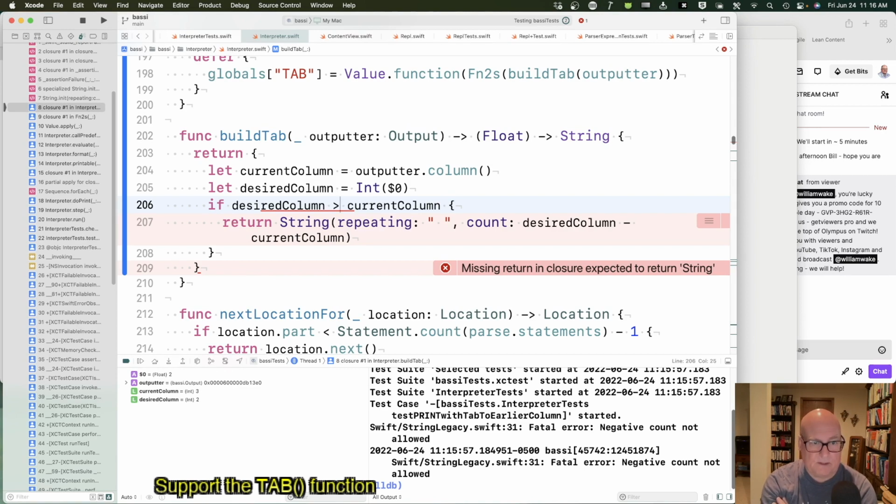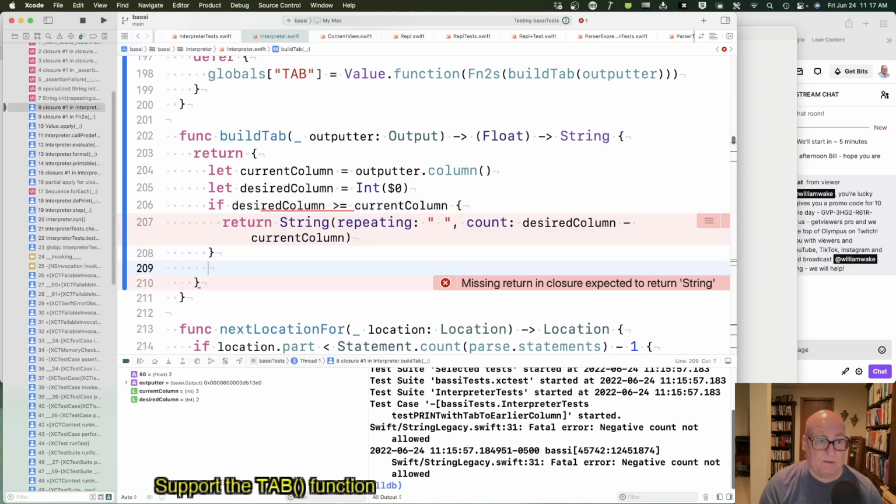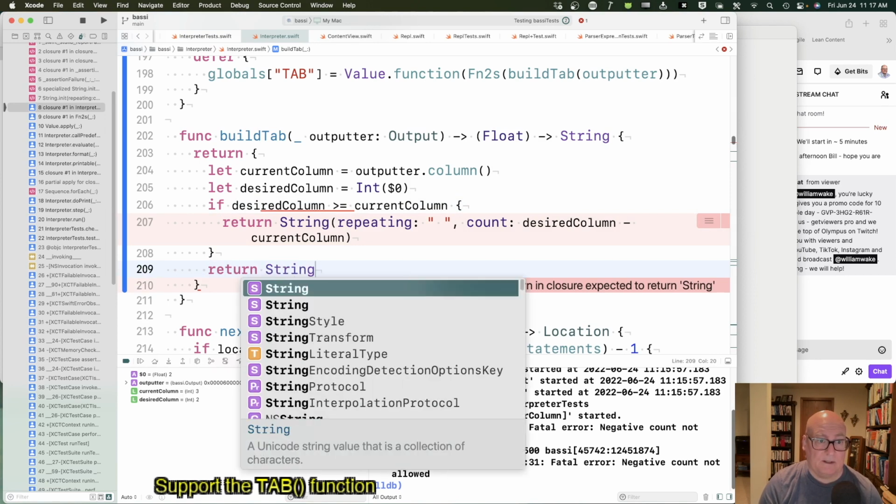Greater than or equal, I guess 0 is okay, right? So if you're saying tab to column 7 and the next position you would write is 7, well, that's doable. If that's not the case, then we're going to return a string